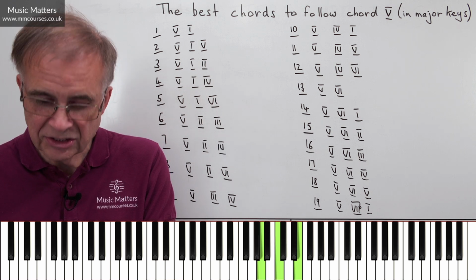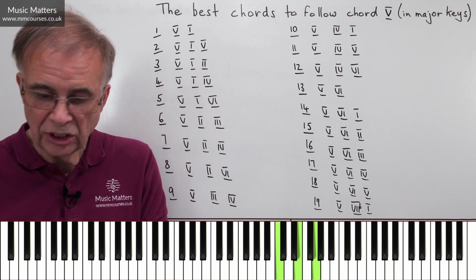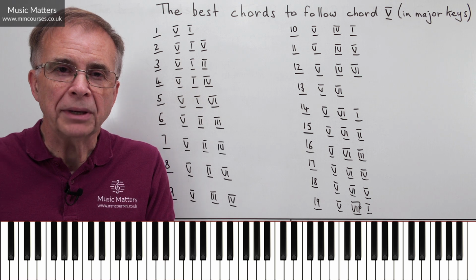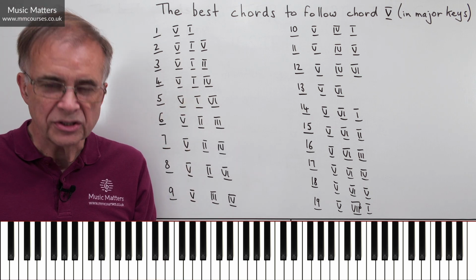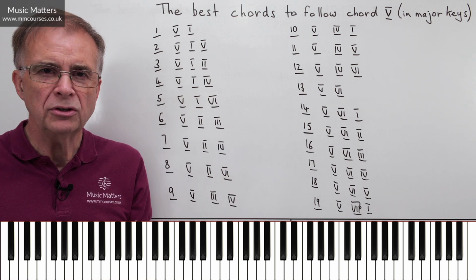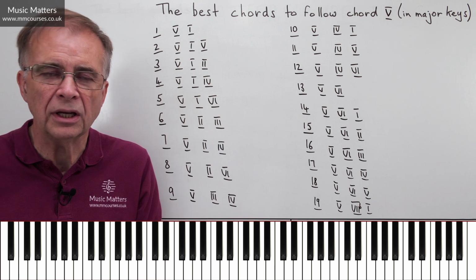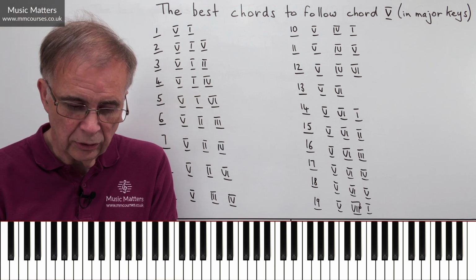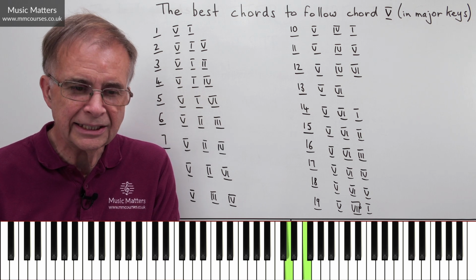A, C, E is 6. B, D, F is 7. C, E, G brings us back to chord 1. And when we're talking about chords, we label them in Roman numerals so that we don't get numbers confused with fingering or a 3 that might mean a triplet in a rhythmic context. So Roman numerals for chords: 1, 2, 3, 4, 5, 6, 7.